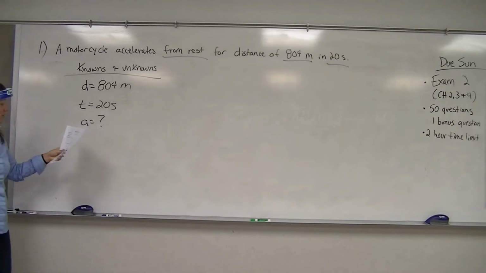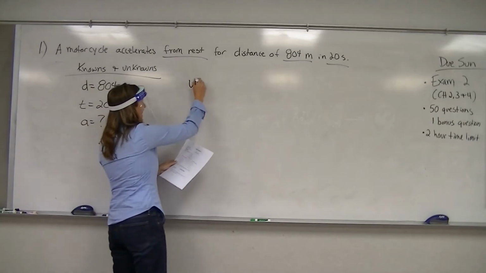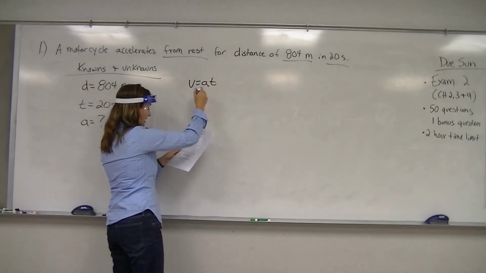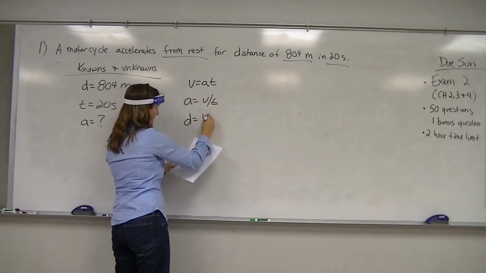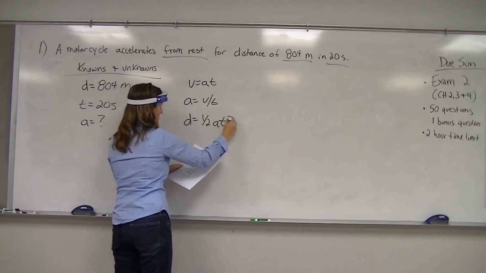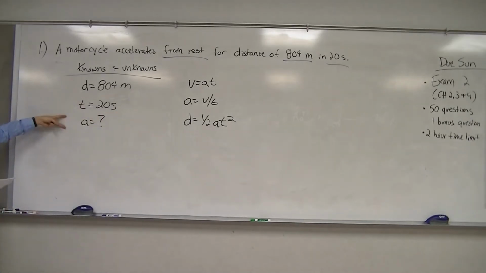Now if I want to solve for A, I'm going to look at those equations and at every equation that has A in it. That's what I'm doing right now, writing down every one. Then I'm going to compare it to what I have and see which one will work. If you have 2 variables that are unknown, it won't work. What I mean by that,